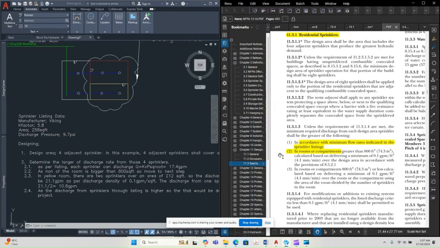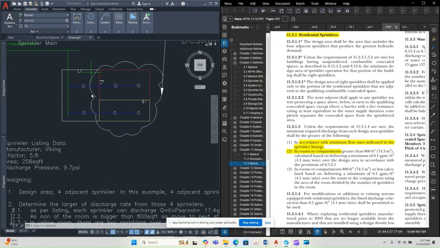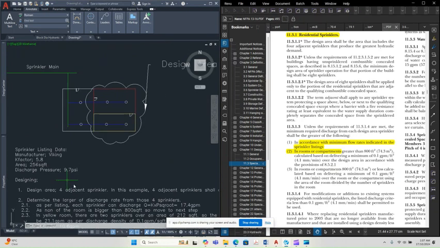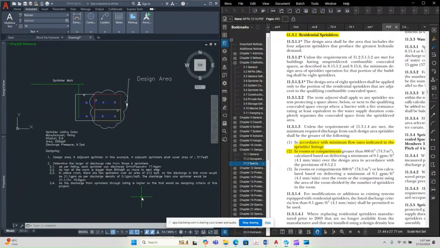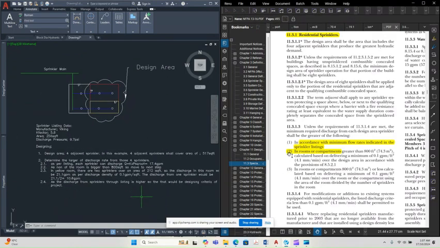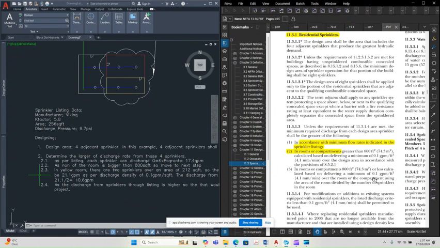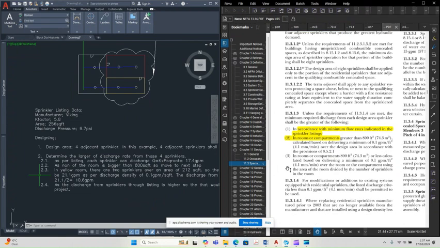The next step is that you have to see that in your design area there is no single room which has an area of more than 800 square feet. Obviously not, because in our case the design area is only 570 square feet. So we will skip point two and move to point three. Point three says that in rooms or compartments which are less than 800 square foot,